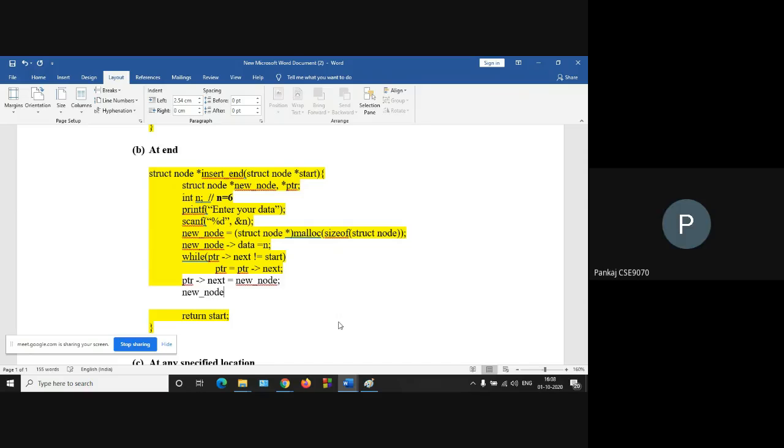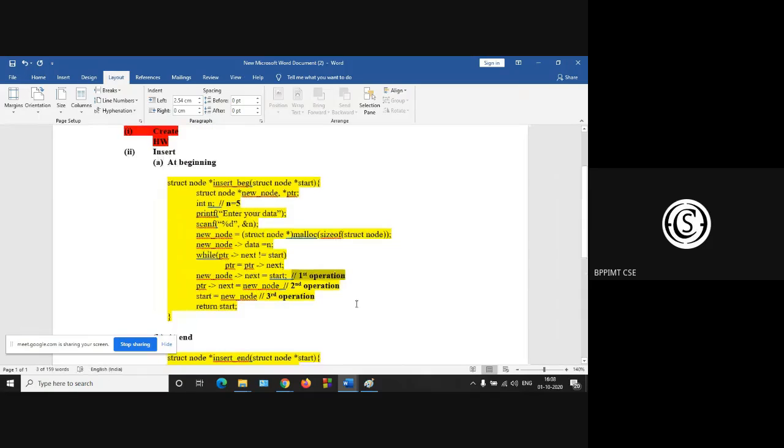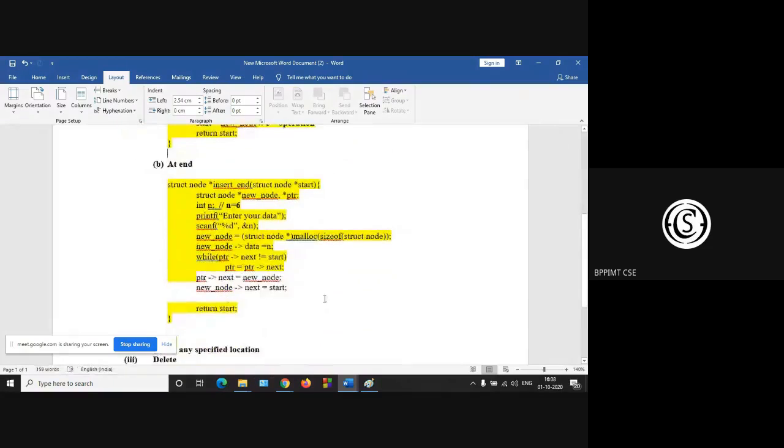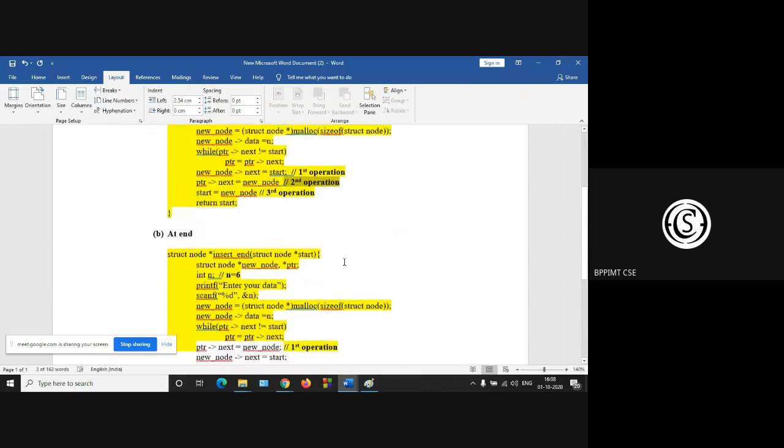As this is a circular list, new node next is equal to start. So this is your first operation and this is your second operation.